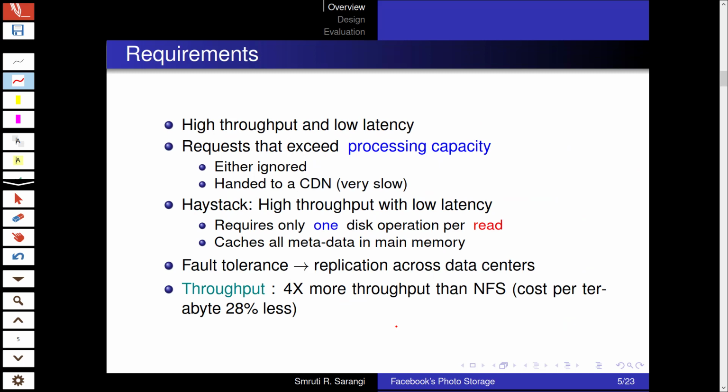So the requirements that we have for a photo object store are high throughput and low latency, right? It's not high throughput and high latency, as was the case in other approaches, which were more of a batch processing, where you typically don't care how long it takes. But this is not the aim here. The aim here is a very high throughput and a low latency. And so for that, we have to essentially create a tiered system that would allow this.